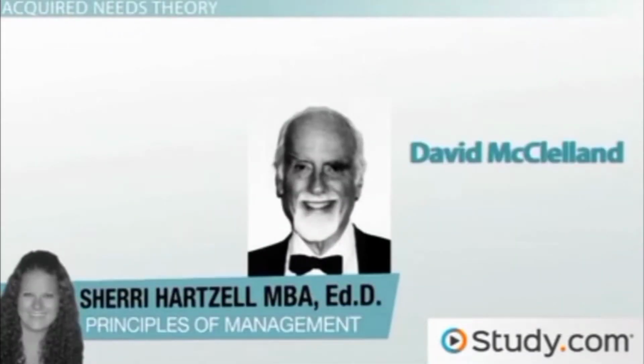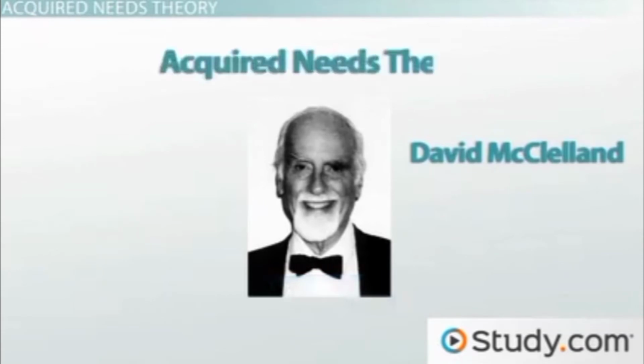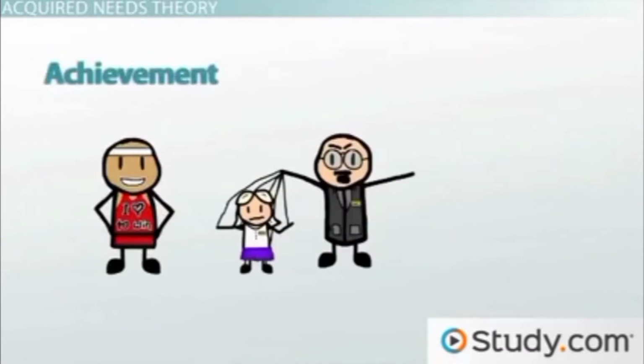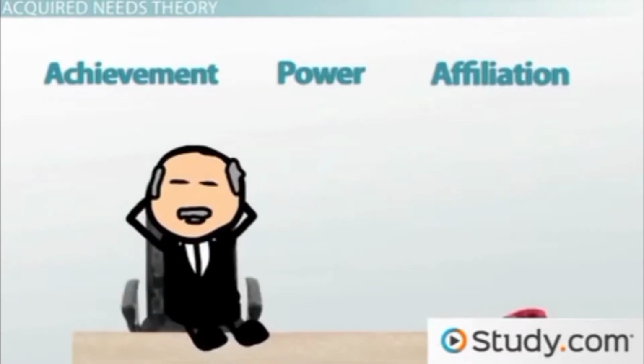David McClelland proposed that one's needs are acquired over time as a result of their experiences, a notion that soon turned into what is now known as the acquired needs theory. As McClelland studied the needs of various individuals, he was able to classify them as either being achievement, power, or affiliation-based. That is, every person holds an aspiration for achievement, power, or affiliation. Interestingly, each person has a tendency to be motivated by one of these needs more so than by the other two. Consequently, a person's behavior and performance at work is strongly influenced by the most meaningful of the three needs.